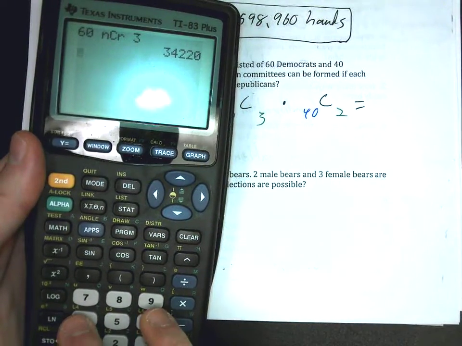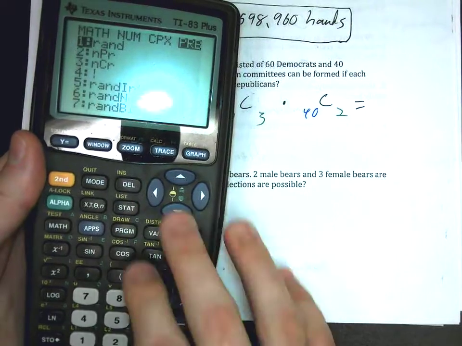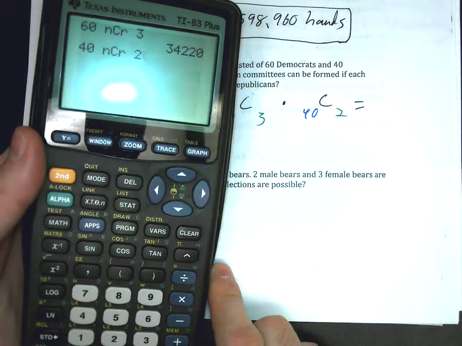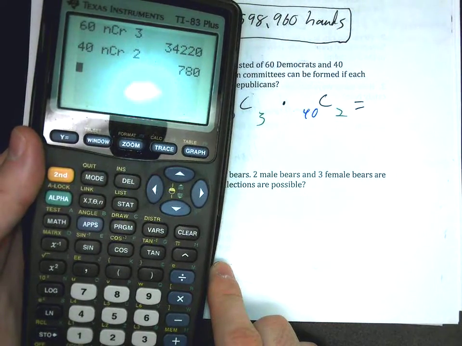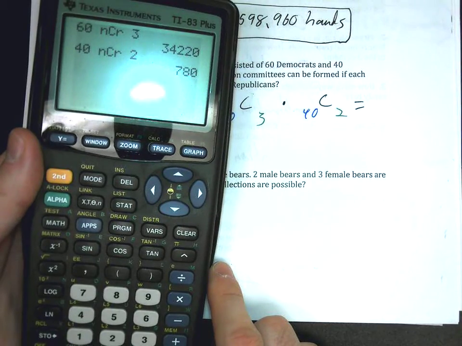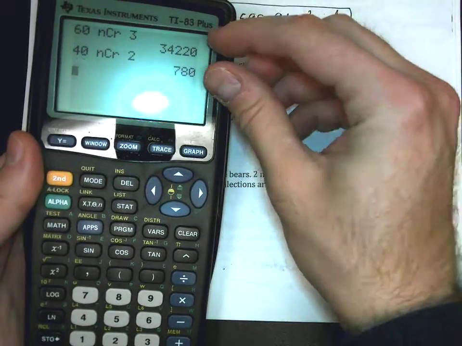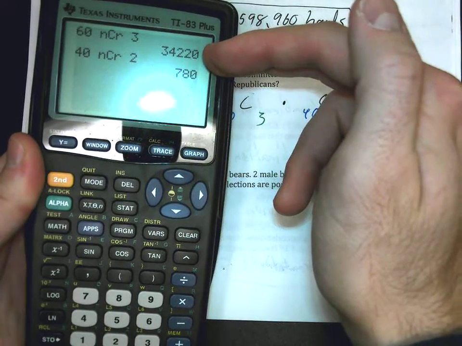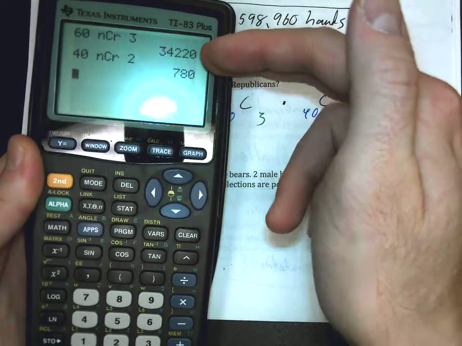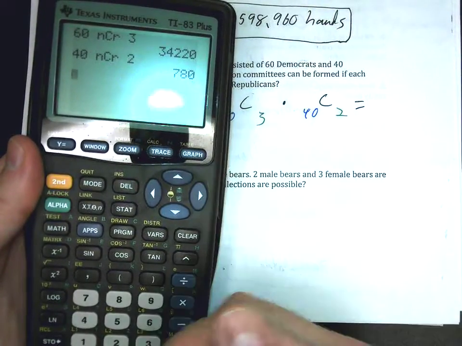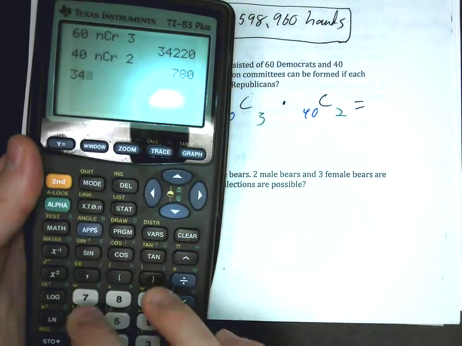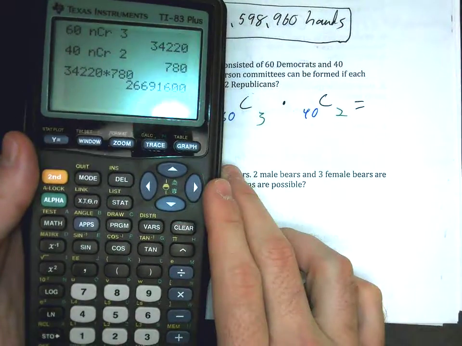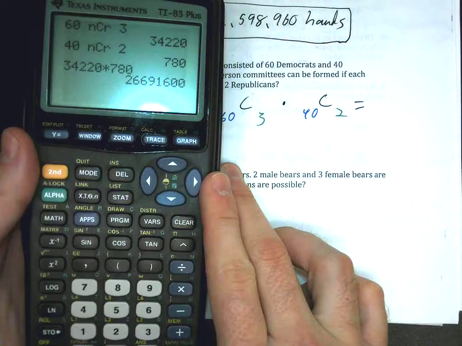I'm going to do the same thing with my Republican group. So I'm going to do 40 NCR 2. That's going to tell me that there's 780 possibilities choosing from those. Now, these do interact with each other, because for every combination in these 34,220, there are 780 different options for each of those. So that means that we need to multiply them together. And this is going to give us a total number of combinations of